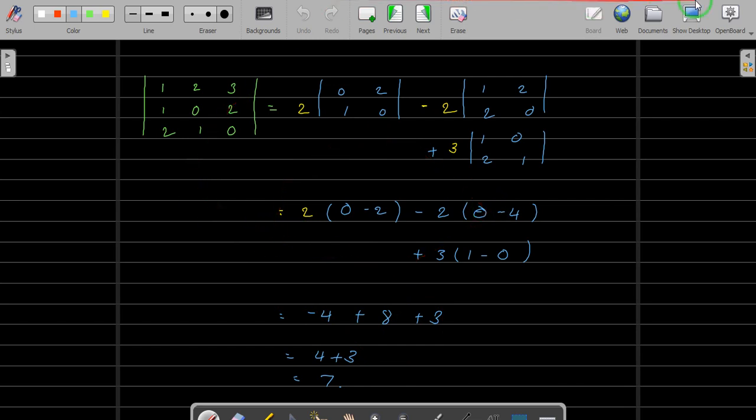Oh, this is a great error. What we have done was, this is 2. Of course, this is not 2, this is 1.